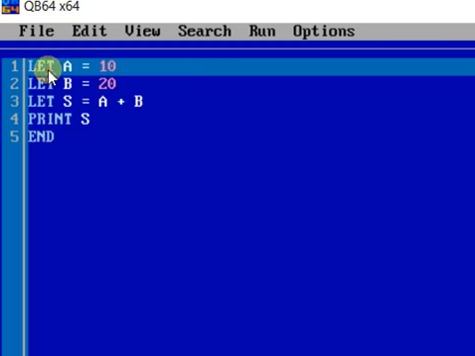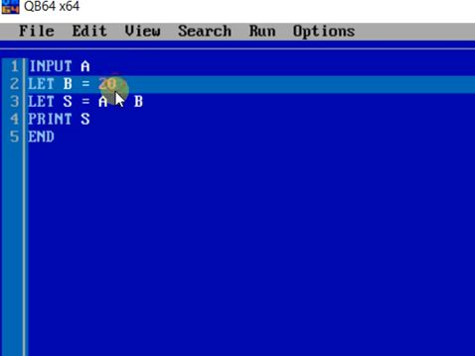So for that, we have to remove this let. And instead of let, we have to write input. But there will be no assignment because let is used to assign values to variable, but input will not assign any values. It will just take the variable name.